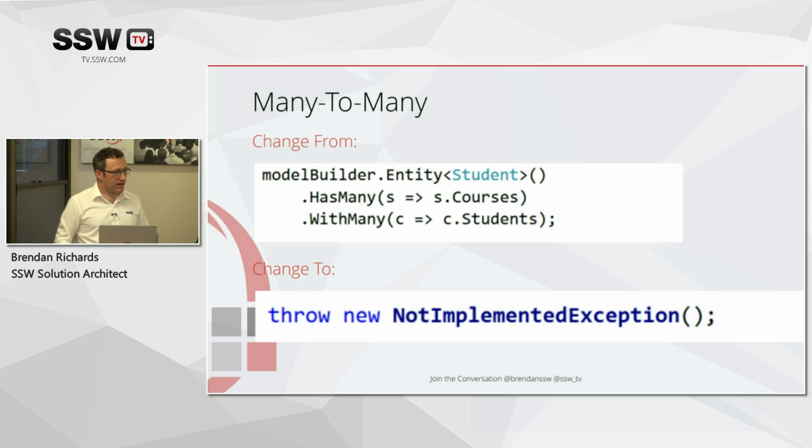Unfortunately, that is not currently implemented in EF7. That's quite a big one for me. Again, this one is on the roadmap. Your workaround right now is to create a middle entity and basically make two one-to-manys. But I'm not happy with that one, to be honest. So that's something that's going to hold me back from taking it up. Again, it's on the roadmap, it's just not on the roadmap for version 1, and I'll show you the roadmap later.